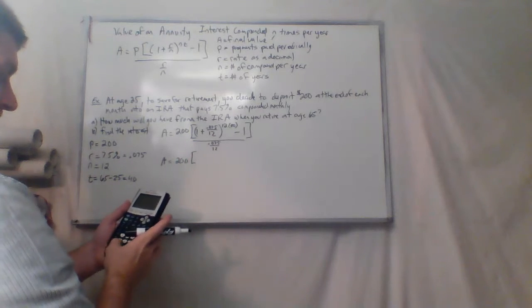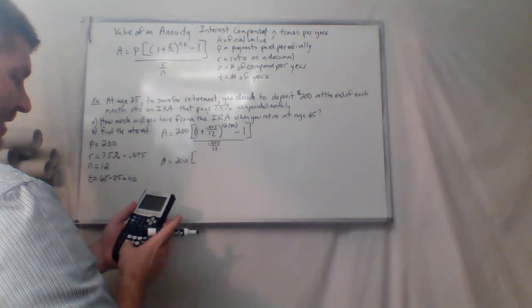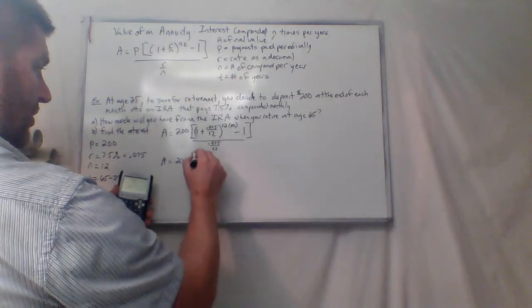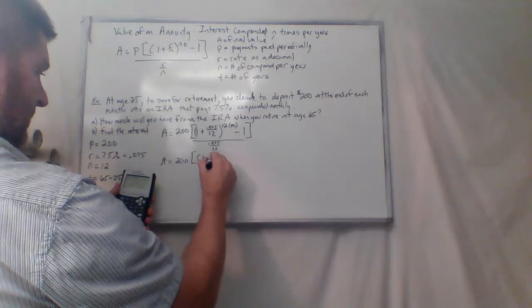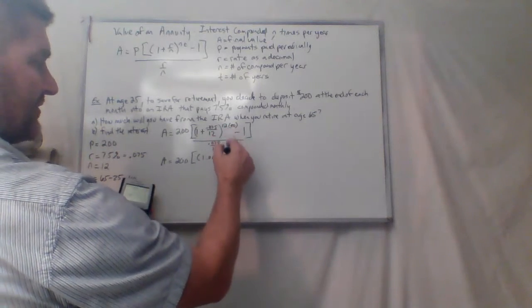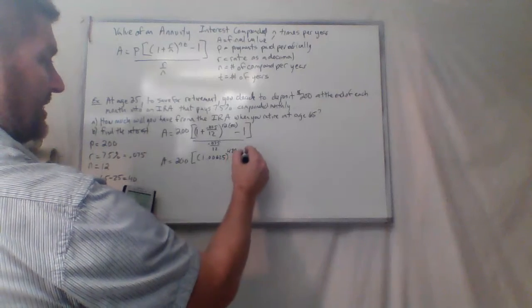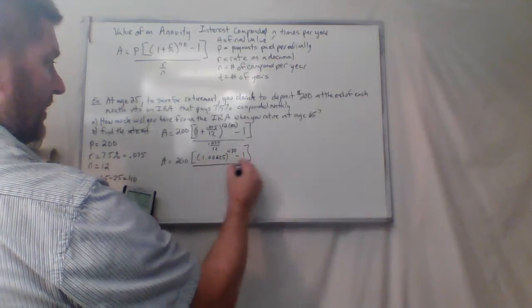So 1 plus 0.075 divided by 12. And I get 1.00625. Now 12 times 40 is 480, to the 480th power minus 1 over,